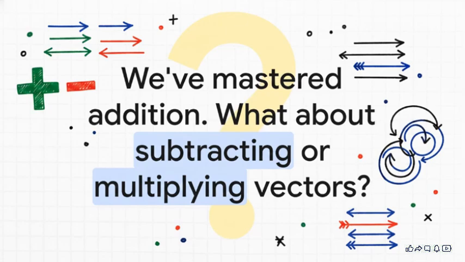So we've totally mastered adding vectors by breaking them down and building them back up. But this same logic opens up a whole new world of questions, like how do you subtract a vector to find a change in velocity? And what could it possibly even mean to multiply 2 vectors? It turns out there isn't just one answer, there are 2. But that, well, that's a story for another